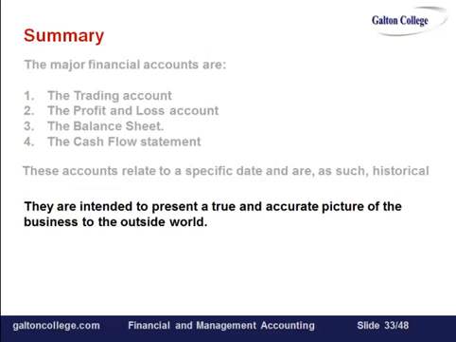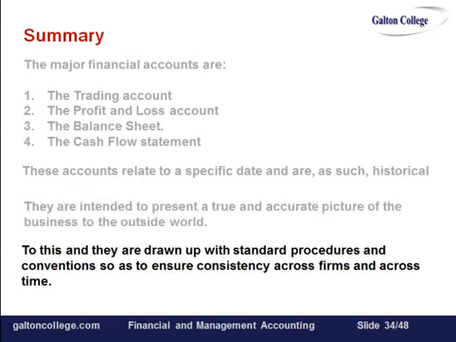They must be accurate, they must be honest and open, they must be reliable. And they're drawn up with standard procedures which are set out for all companies, and all professional accountants will abide by the rules set down by their professional association. So that looking at one set of accounts for business A, they will be drawn up on the same basis as for business B. So we have comparability in looking at the two sets of accounts.